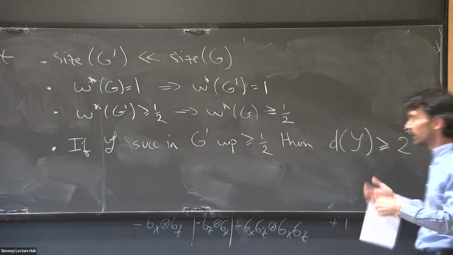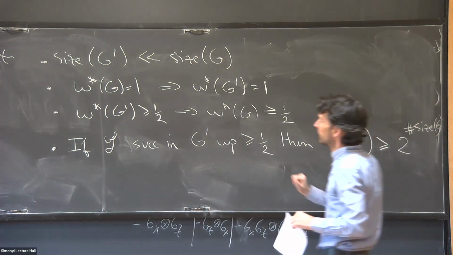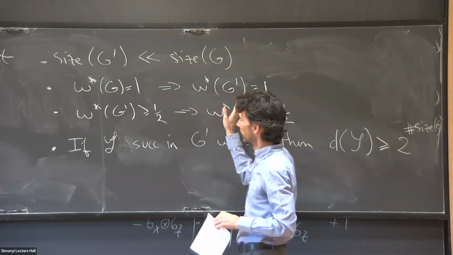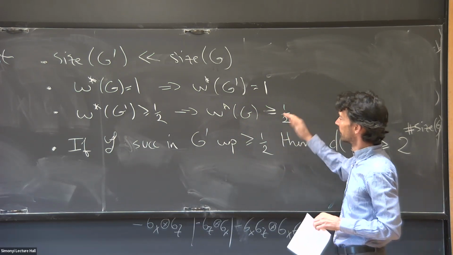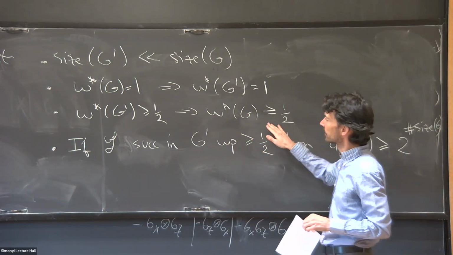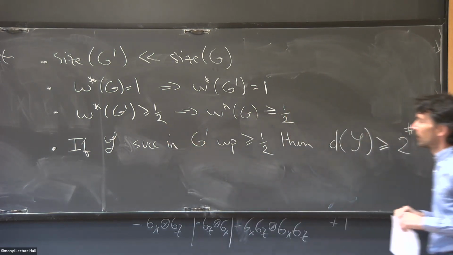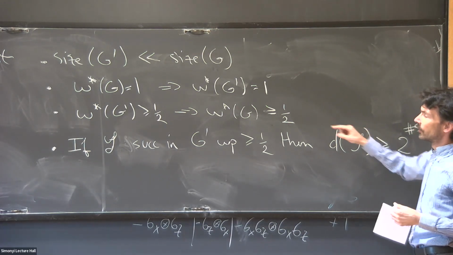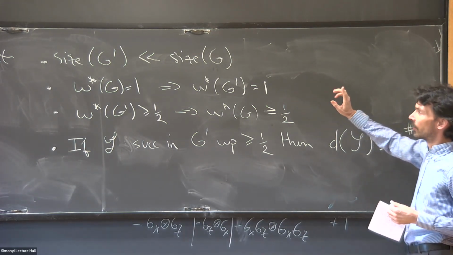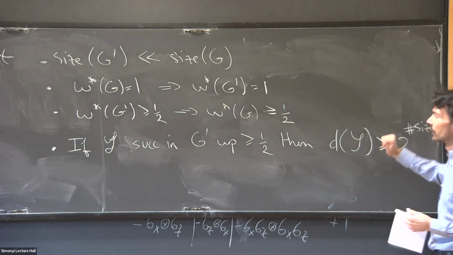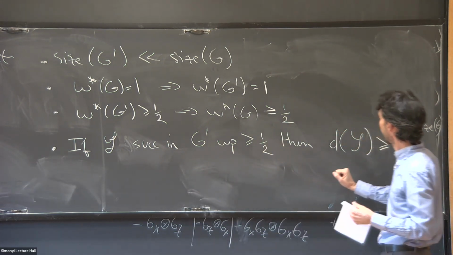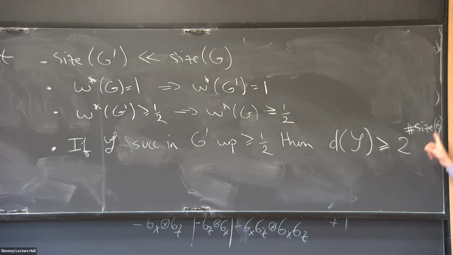The way to read that is that we reduce the size of the game. It's going to be smaller, so it's a simpler object as a game. However, the important parameter associated to the game is preserved. If the optimum was 1, it remains 1. If it was less than a half, it remains less than a half. And now the complexity of the original game G got transferred, not into the game G prime itself, which is simpler, but into the difficulty of succeeding in that game, in the strategies. If a strategy succeeds in the simpler game with probability bigger than half, then it must have a dimension that depends on some complexity parameter of the original G.